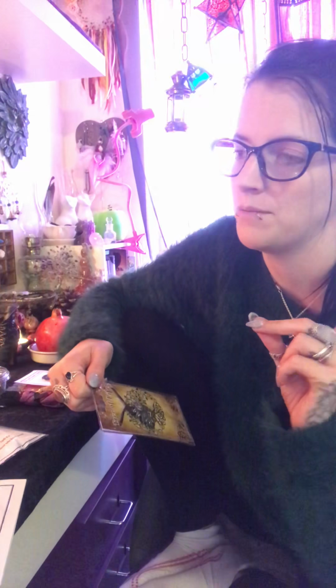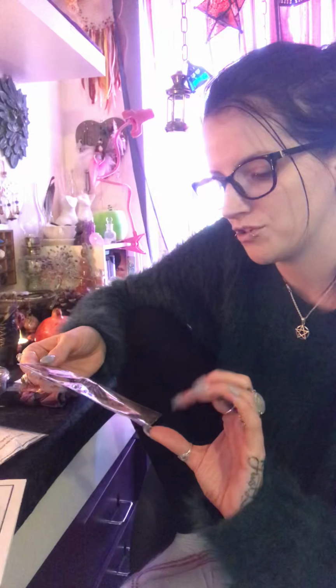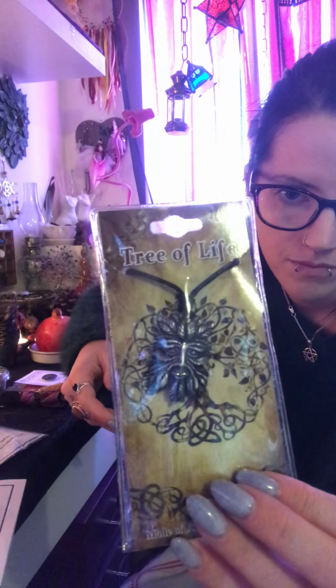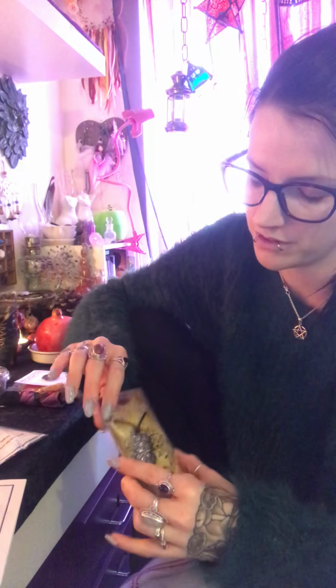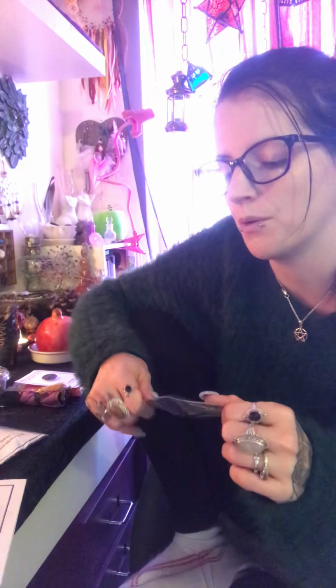Then each box comes with a piece of jewellery, like a bracelet or a necklace, and this one is a pewter Tree of Life Green Man pendant. I find the jewellery with this box is very 50-50. Some of them I like, some of them I don't. This is one that is not really my style. This is not something that I'd wear, but